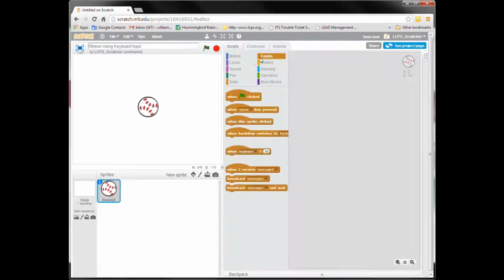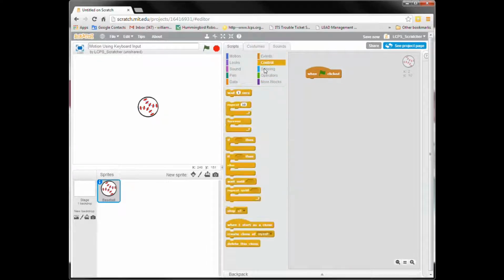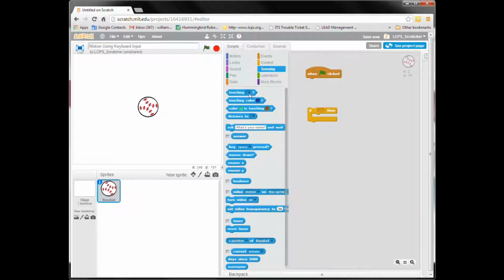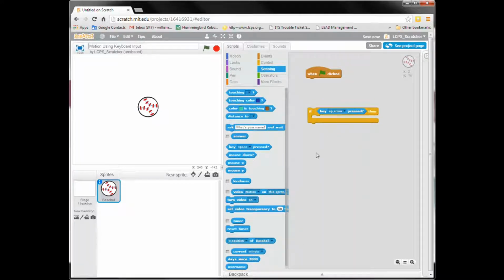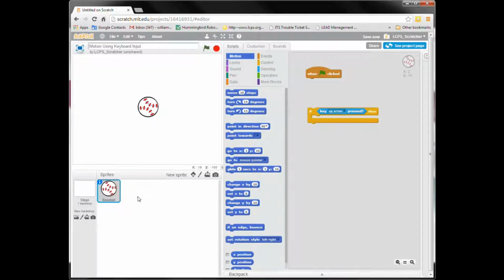As always, we're going to start with an event. We're going to use when the green flag is clicked. The way the program is going to run basically is we're going to use a series of what are called if-then statements. And an if-then statement says if something happens, then you do something else. So each of these are going to be if a particular key is pressed, and I'll use the up arrow for this one. So if the up arrow is pressed, and remember we want to move in the Y direction,